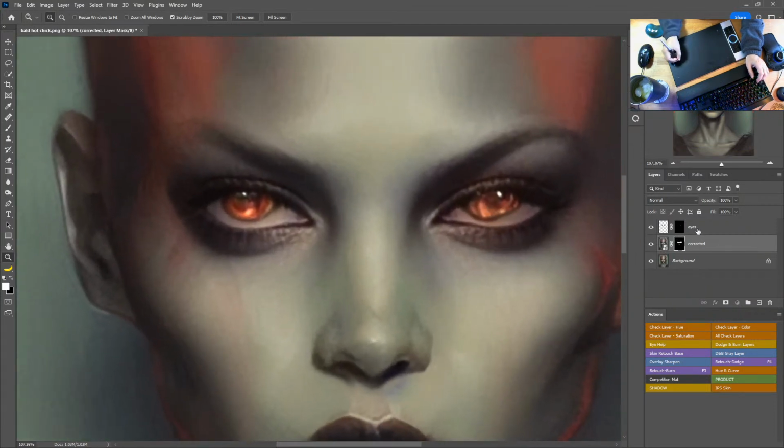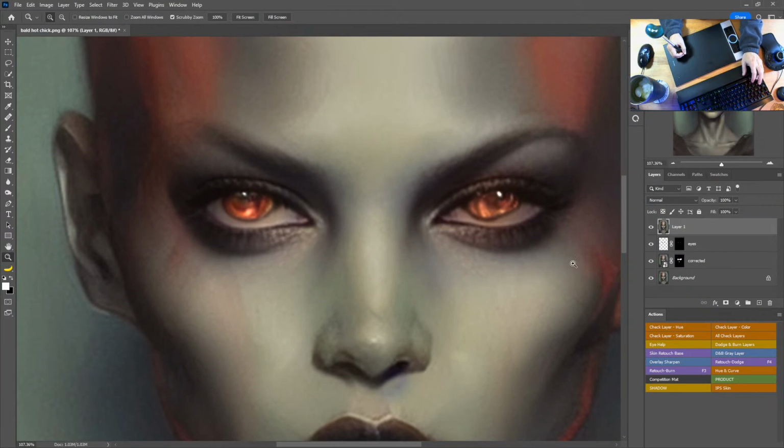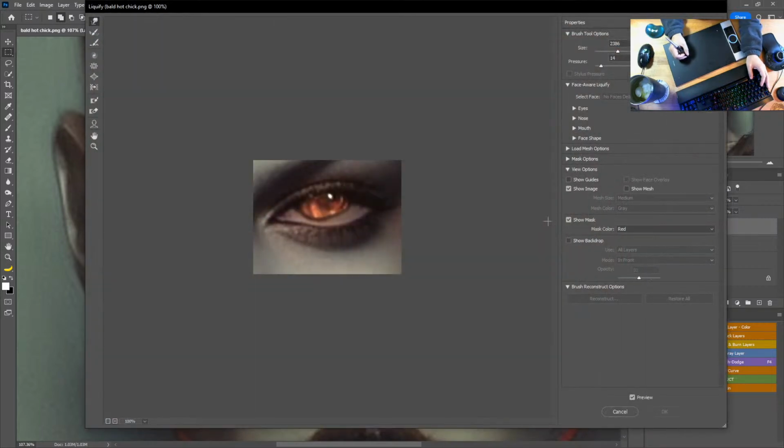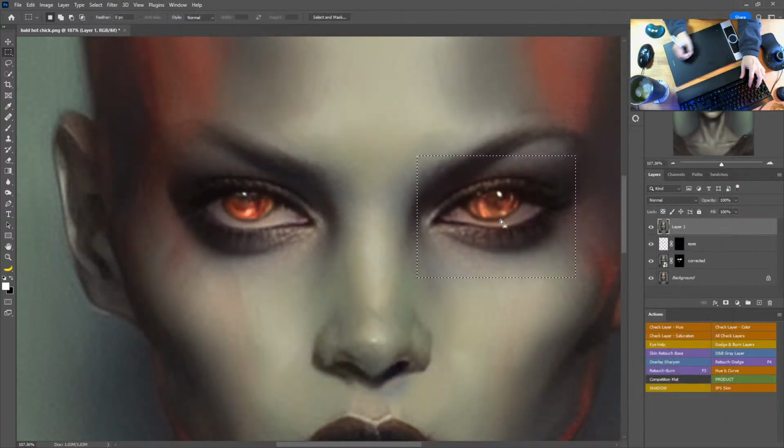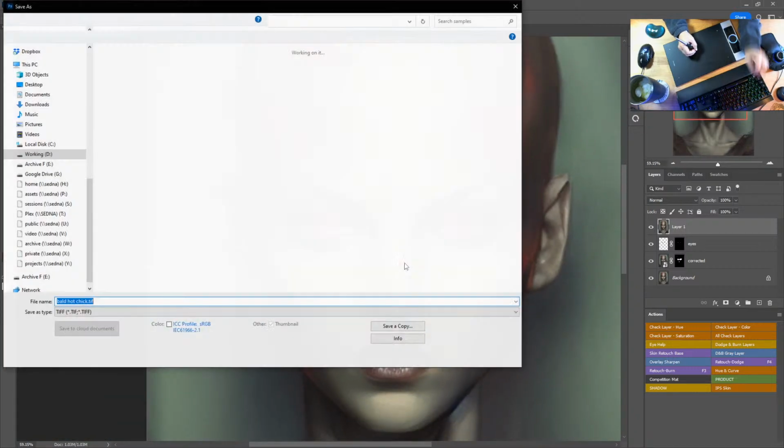Gotta fix this. Let's fix that part. So we're just going to put a mask on it and go to liquefy and pull that down a little bit. A giant pen. Liquefy for the win. One of my favorite parts of Photoshop. Use it all the time. If you put a mask around it, by the way, it means it'll use less memory to do this instead of the whole darn file. This used to be a bigger problem because Photoshop would almost always crash before you went into, speaking of which,